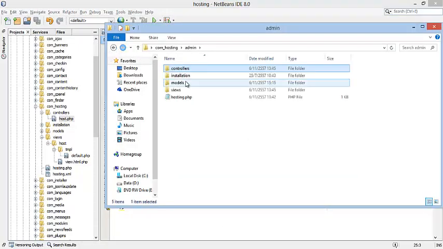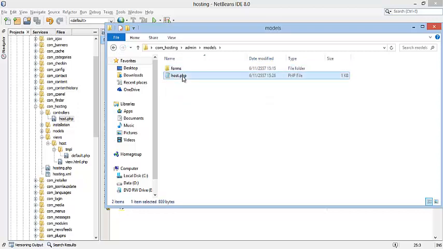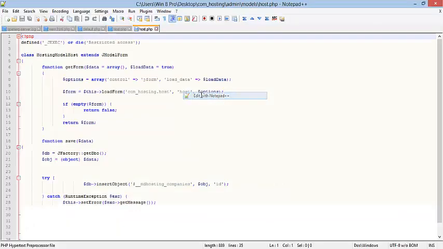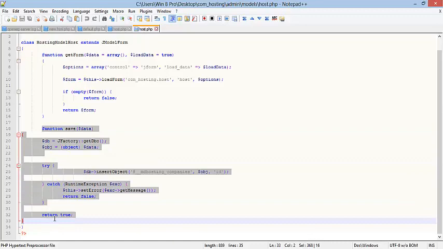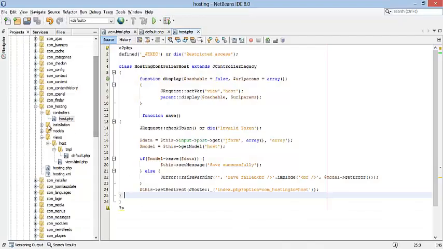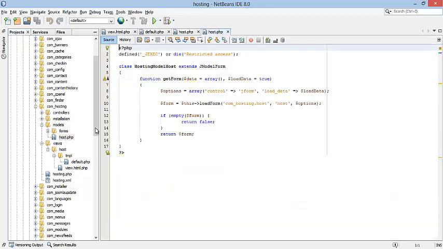So let's go to our models, and on the host.php file, open it and copy the function save. And also on our actual, let's go to our models and open the host.php and paste it here.